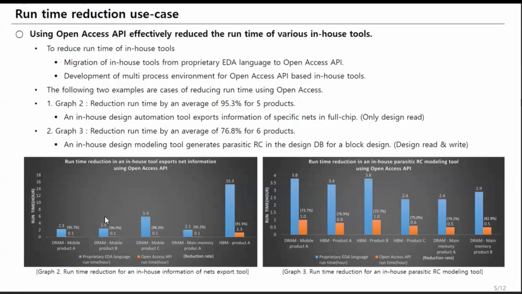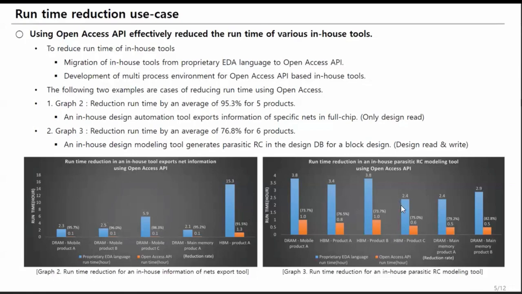Graph 2 is a design automation in-house tool that exports information of a specific net within a full chip, and it only reads the design and creates a file. The runtime measurement conducted on 5 target projects showed an average runtime reduction of